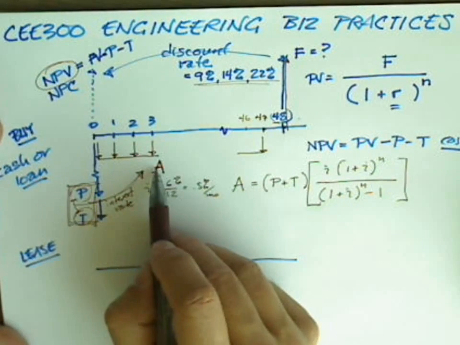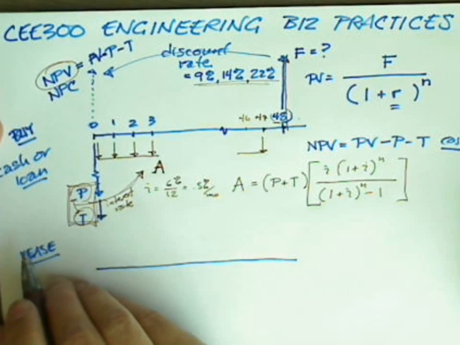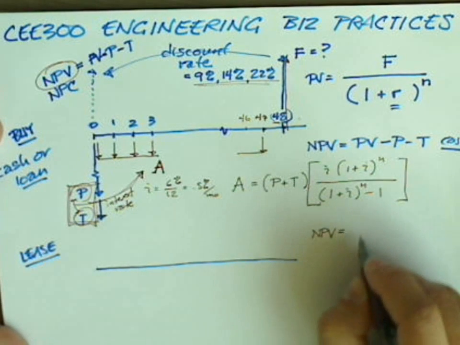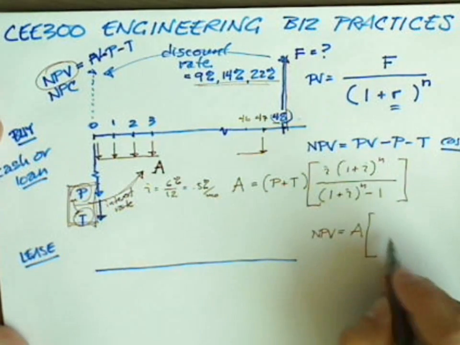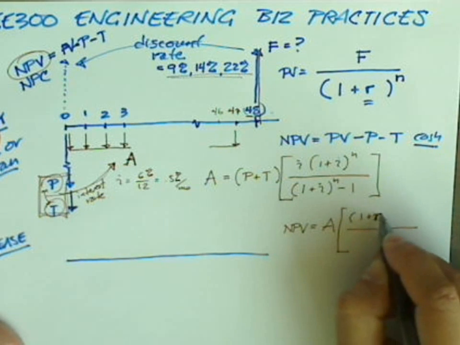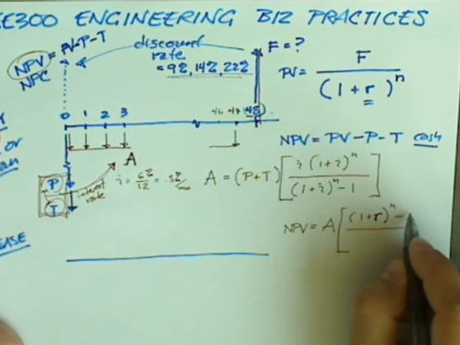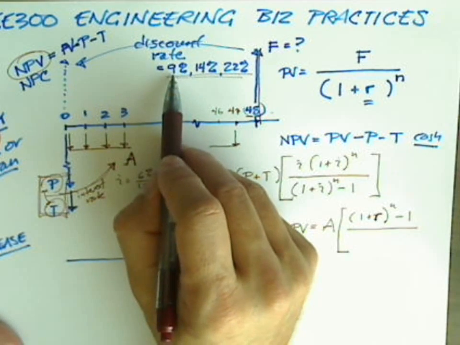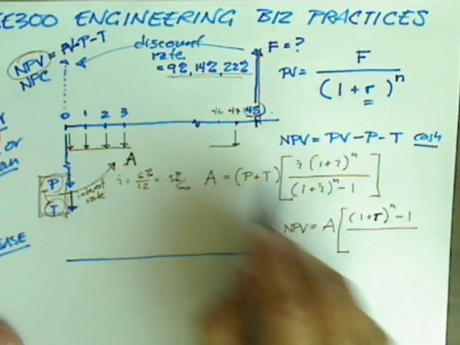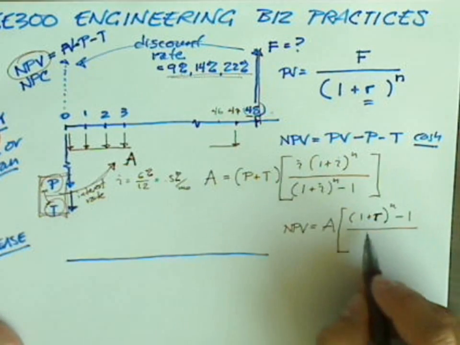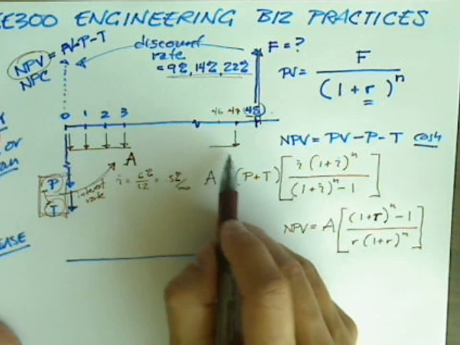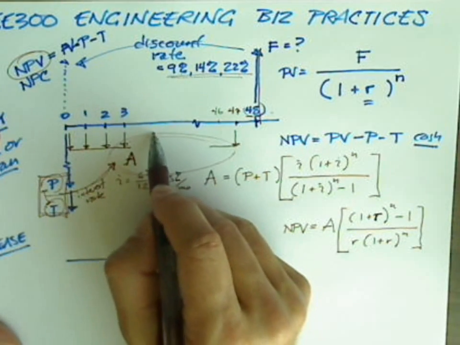In order to go back, we're going from A now to an NPV. We use the reciprocal of this formula. So here, NPV is going to equal A. And notice the change in the rate that becomes very important. Now it's 1 plus R to the N minus 1. And again, this R is monthly. So if we were going to take, say, 9%, and we plug it into this formula, 9%, that's per annum or per year, we'd have to divide 9 by 12 before we put it in here. And then we divide that by R, 1 plus R to the N. Now this is the present value of A